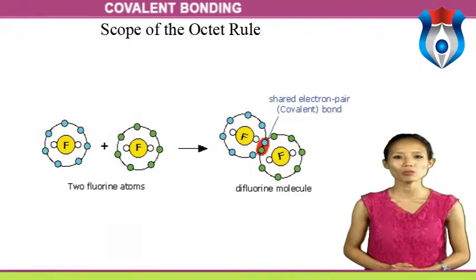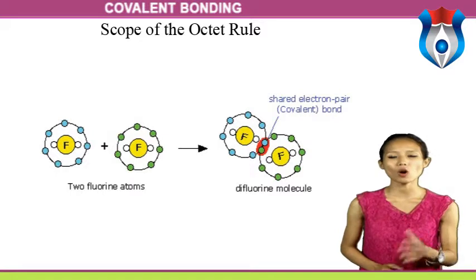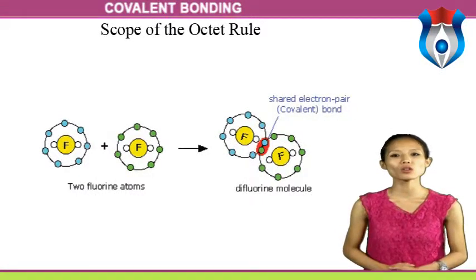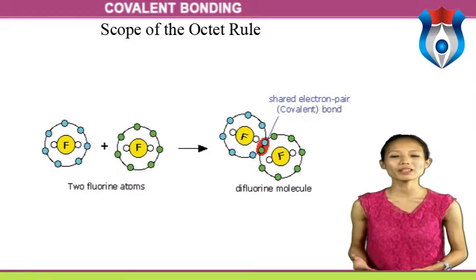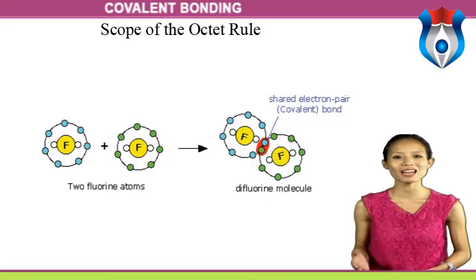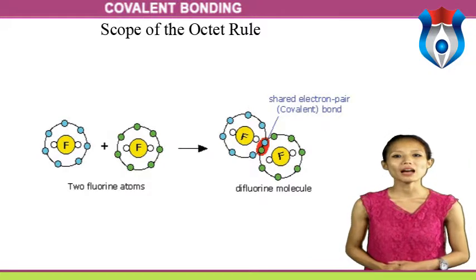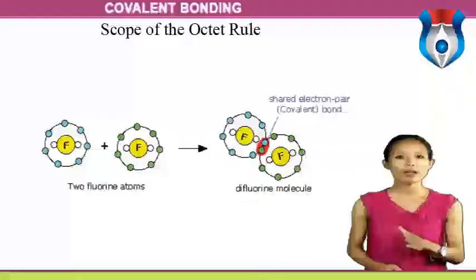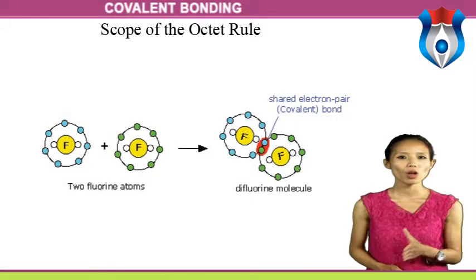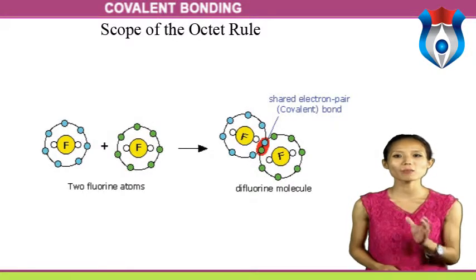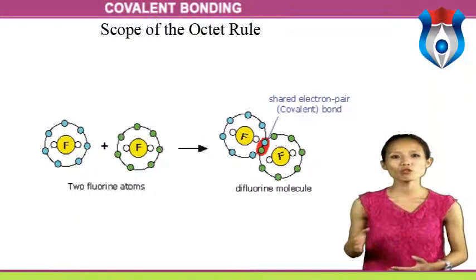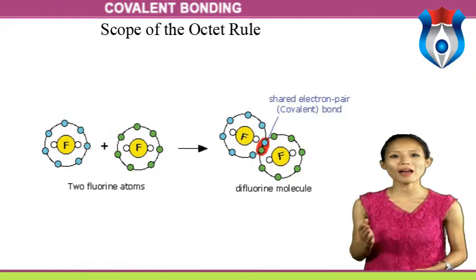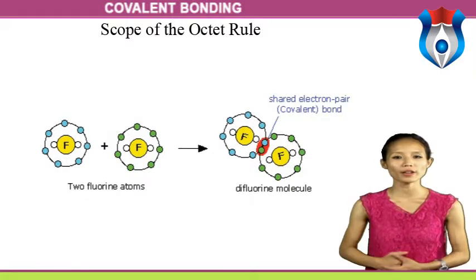Scope of the octet rule. For the lightest atoms, the octet rule must be modified since the noble gas configuration will be that of helium, which is simply 1s2 rather than 2s2 2p6. Thus we write LiH as Li, then H, where the electrons represented by the 2 dots come from the 2s orbital of lithium and the 1s orbital of hydrogen.